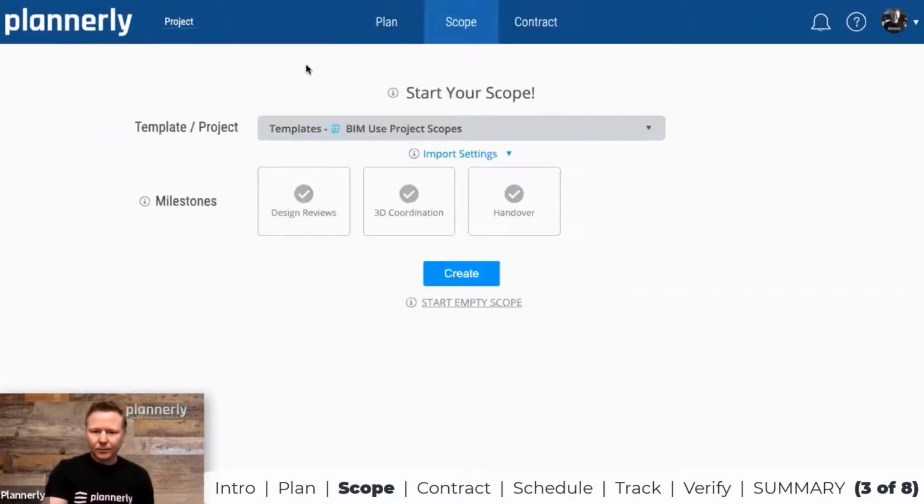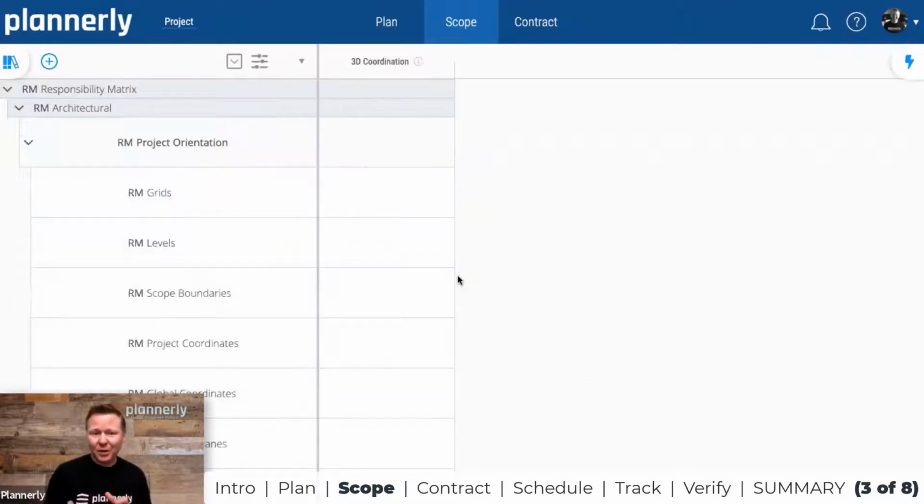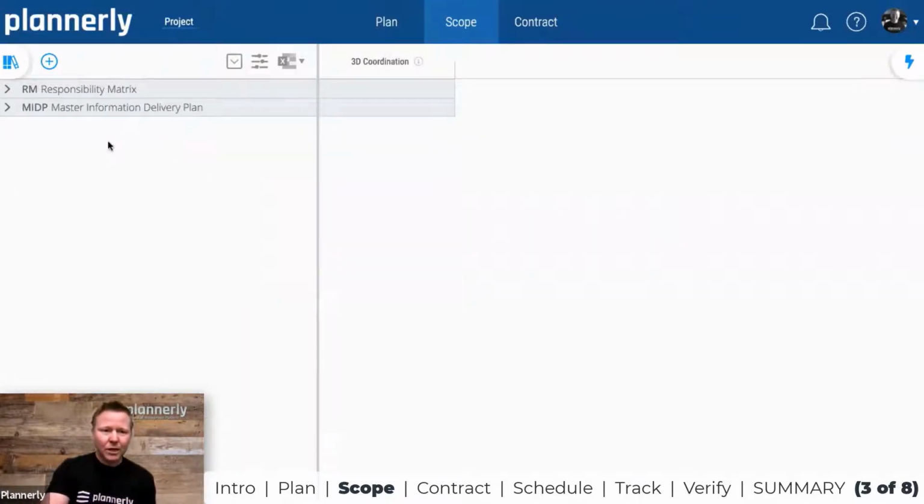And in this example, let's say that we are building a model for 3D coordination. We could have multiple purposes, but in this example, I'm going to use that 3D coordination as an example. And what that's going to create for us is the column for 3D coordination, the list of all of the possible items that we might need, and then also define which items are required, who is responsible, maybe some notes or attachments or links or checklist items that are required. And all of that is based on our standard or based on our historical data or based on our project standard.